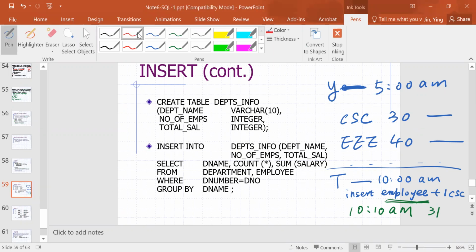Okay, the problem is if at this same time, I query this department info table, I'm going to get 30, right? This is a stored table. This is stored in the database already. Nobody is touching this. Unless somebody touches this, the values stay the same. And so at 10:10, I have 31 when I query the employee table, but when I query this table, I have 30 employees. So we see the inconsistency, so the two tables are inconsistent